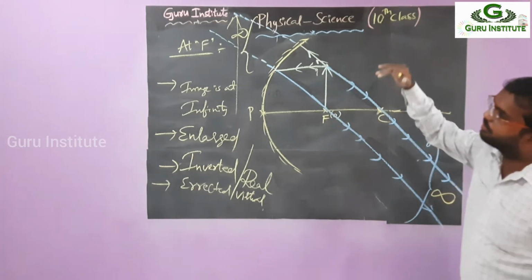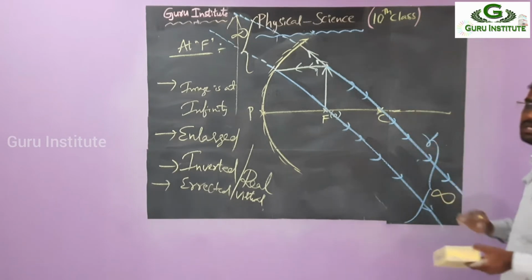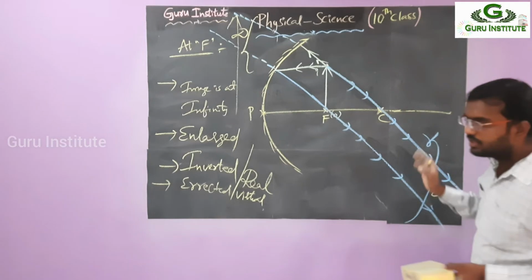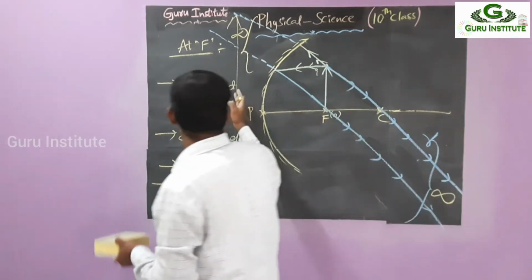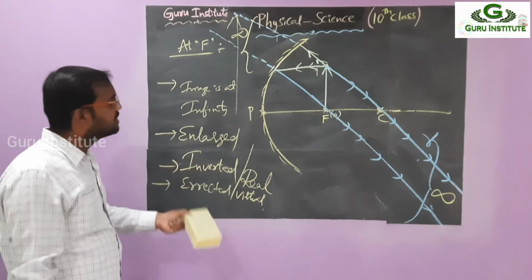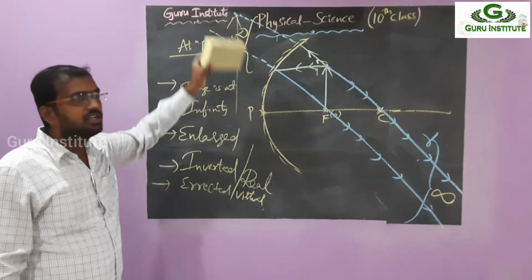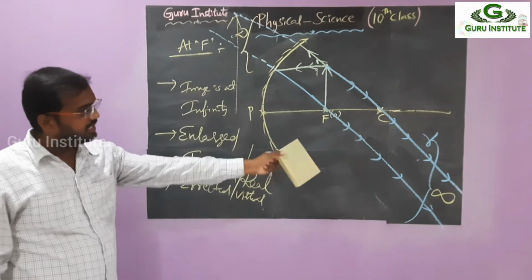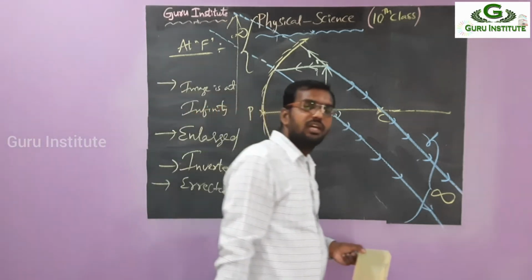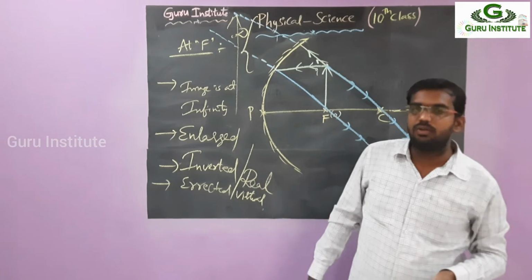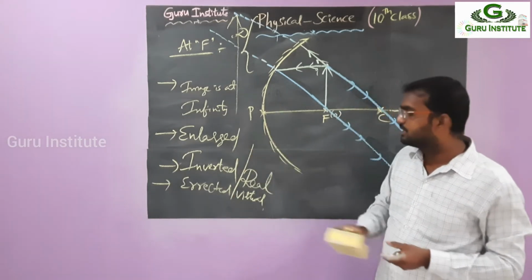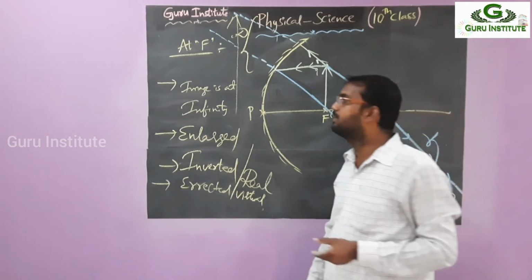So that's why I am extending to the back side. In the back side also, they are not meeting each other. But we think they are formed at infinity. So the image is formed at infinity, and it's a very large one. At infinity we can't assume the size, it is large. If it is meeting there, that is erect, meeting there, inverted. So at the infinity position, we can't tell whether the image is inverted or erect, that means real or virtual. But we are assuming the concave mirror, so in the maximum case we assume that it's an inverted image only.